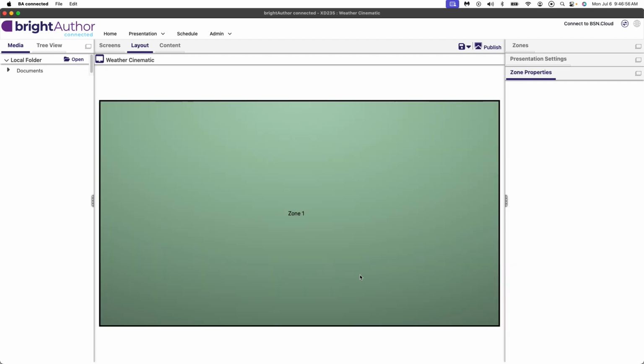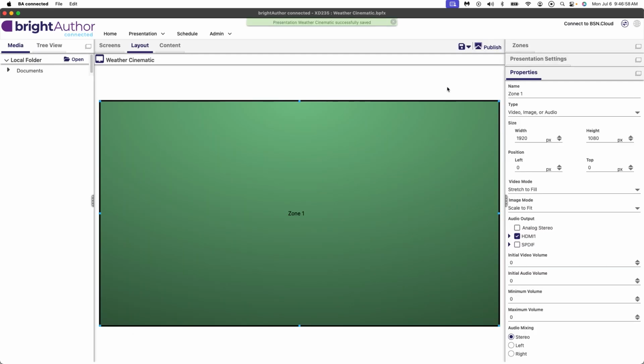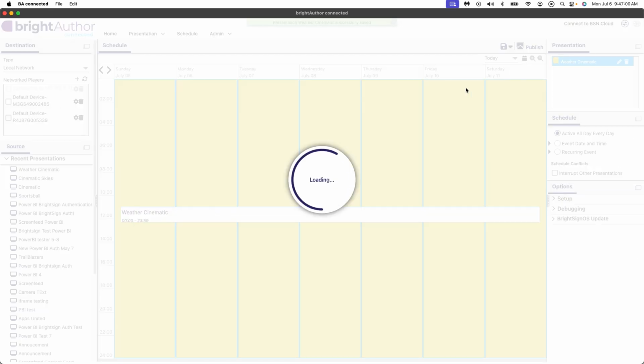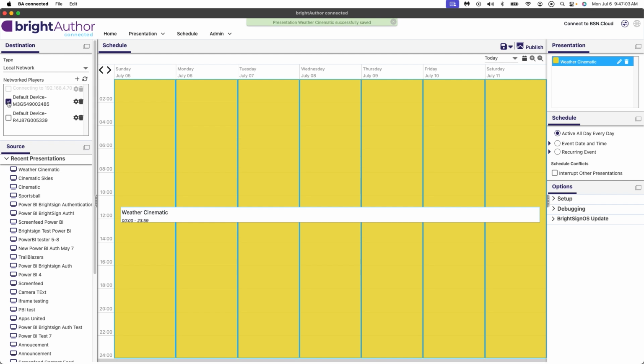Once you have your presentation how you want it to look, hit save and then publish. Select your player and then click publish again. This will send the presentation to the player.